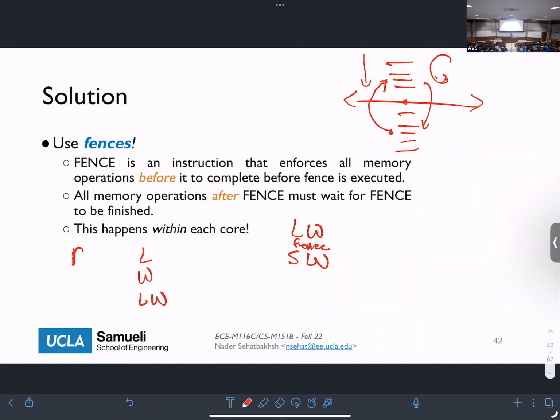So what it means is that if we have a load fence, it means that loads cannot be reordered, but we are safe to reorder stores before loads. So we don't care about stores. We only care about loads, and loads should happen in order. The write fence means that writes should happen in order, and we don't care about loads. So you can just reorder loads before and after the fence. And the load-write one basically says that either loads or stores have to happen in order using the fence. So you cannot reorder any of those before or after the fence. Does that make sense?